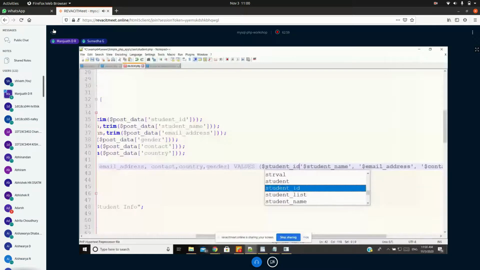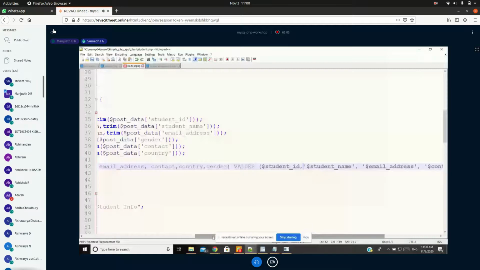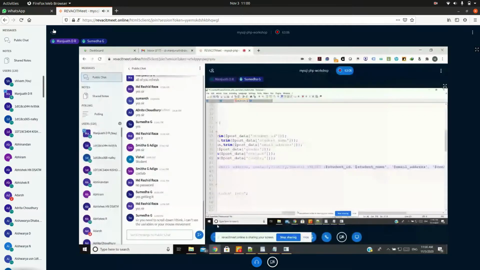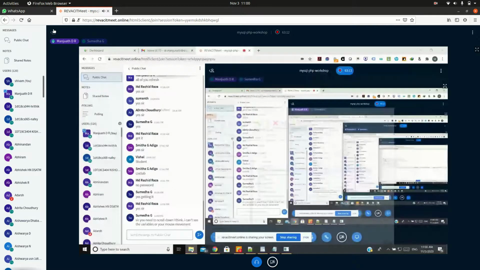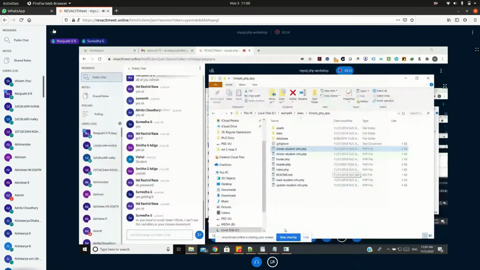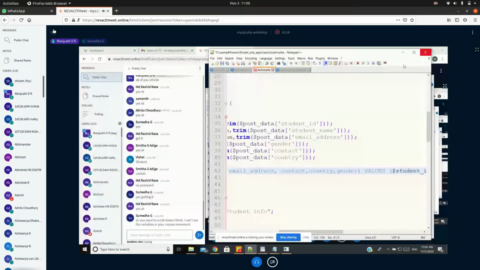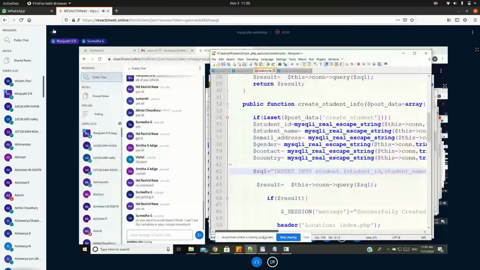Sir, your screen is still showing the PHP header page. I think you have not moved or screen shared. Now also it's working like that only. Yes, sir. Oh, it is not showing the modifying things I have done with the student model? No, sir.